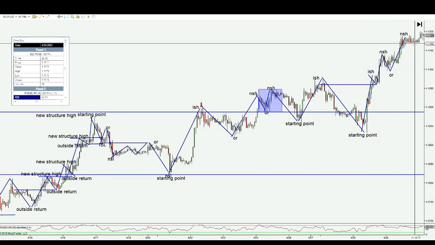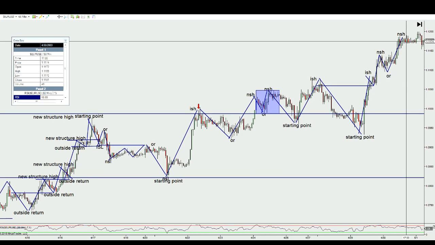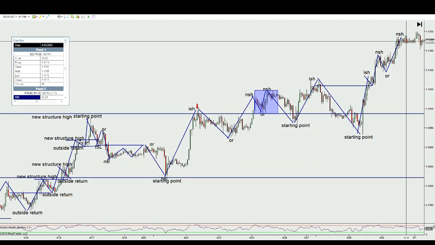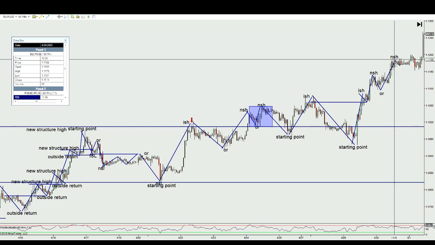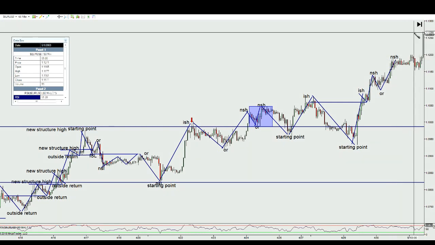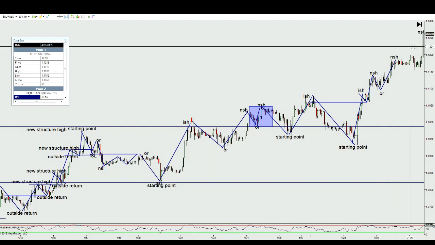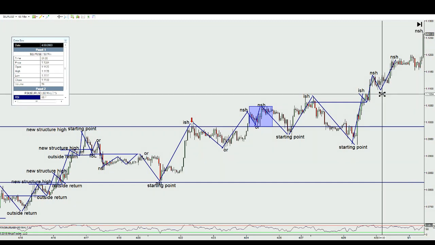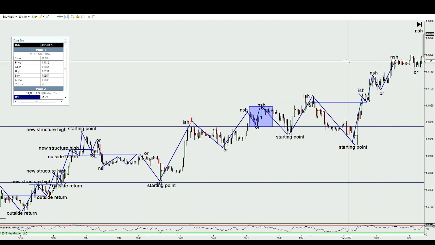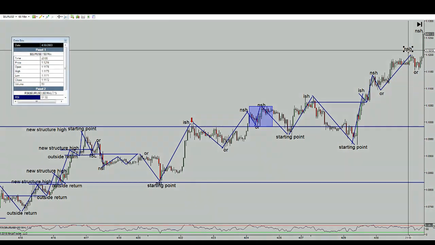But trading sideways, we did get another new structure high, so you could actually call this an outside return. Let's see what price does. And we break higher. Okay. So I mean, you could do it one or two ways with this new structure high up here. Okay, that's the new structure high. Once you get that new structure high, the lowest low needs to be your lowest outside return point here, which would be right in here. Okay, because we didn't violate this outside return, so you could actually bring this way, right, and count this as